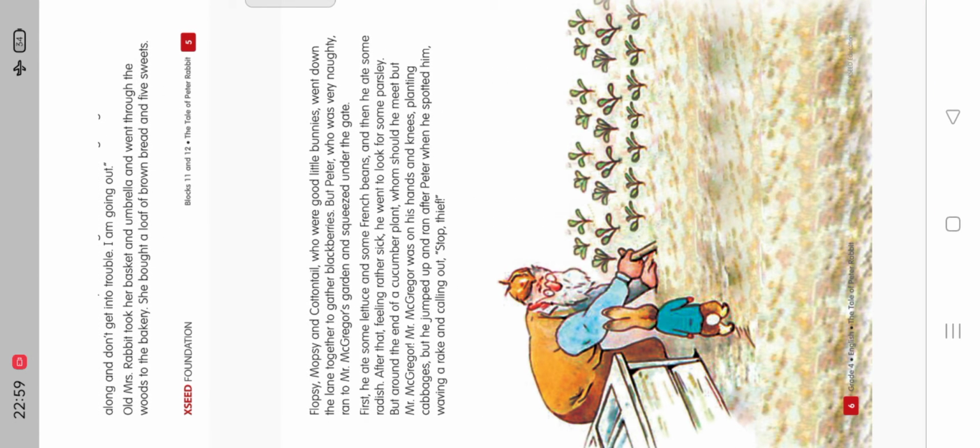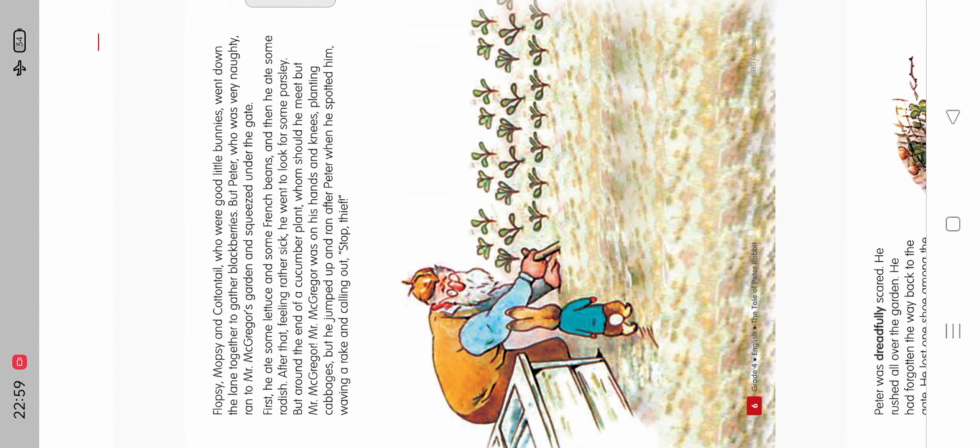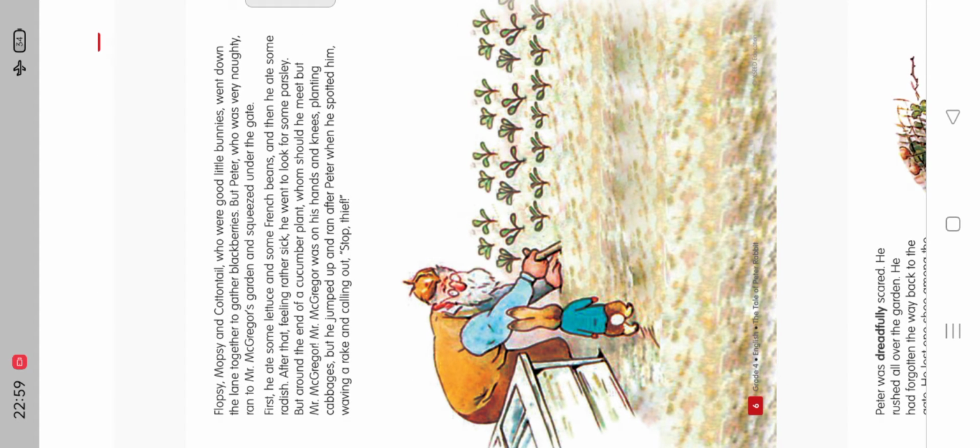Flopsy, Mopsy, and Cottontail, who were good little bunnies, went down the lane together to gather blackberries. But Peter, who was very naughty, ran to Mr. McGregor's garden and squeezed under the gate. First, he ate some lettuce and some French beans, and then he ate some radishes.